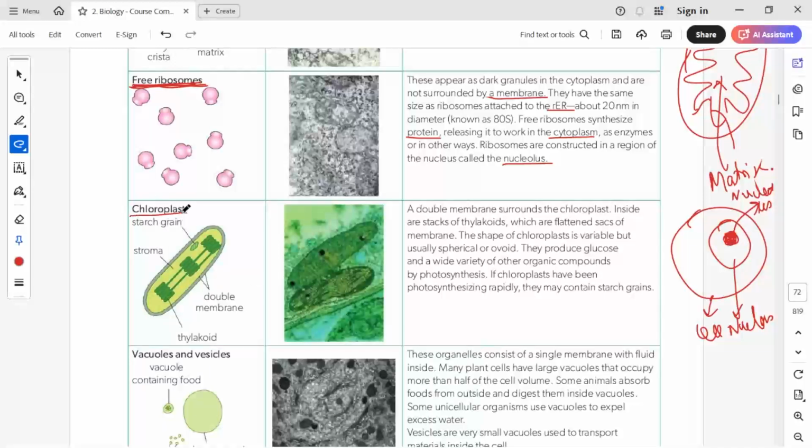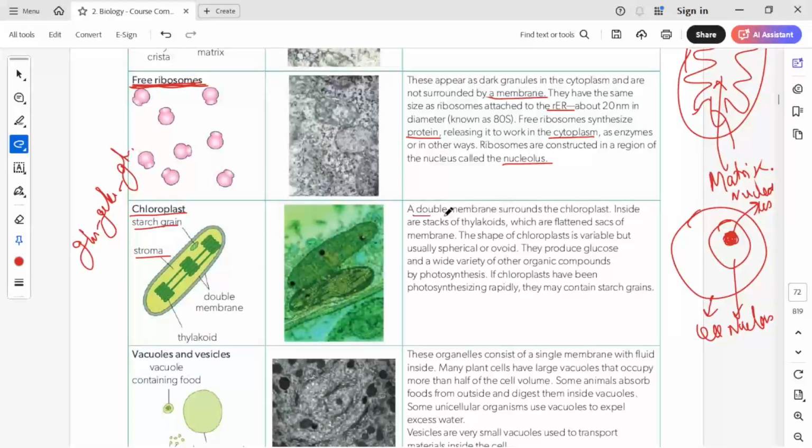The next organelle is the chloroplast, and the chloroplast will have stroma, which is the free space, and it will have double membrane thylakoids. These coin-like stacks of thylakoids form grana. These help in the process of photosynthesis, and it will also have starch grains, because here the glucose molecules are being produced by photosynthesis. So starch grains are a collection of glucose. That means if glucose molecules form a polymer, a chain-like structure, it is called starch. So the carbohydrates of glucose molecules are stored here in the form of starch grains.